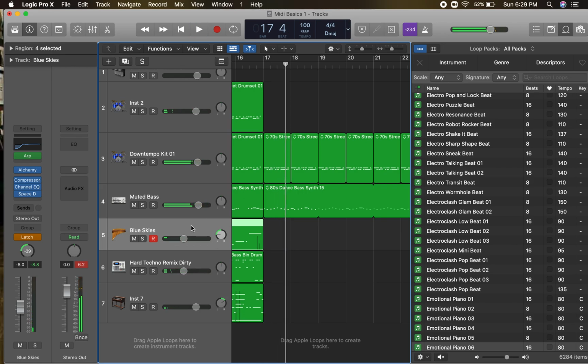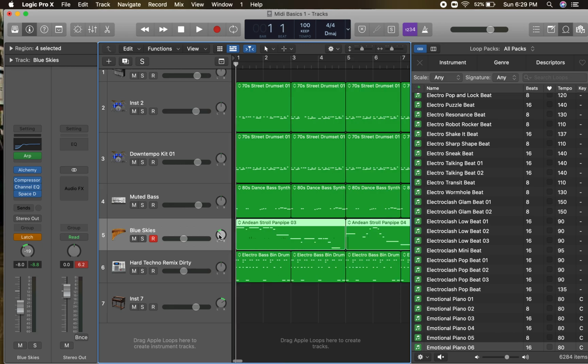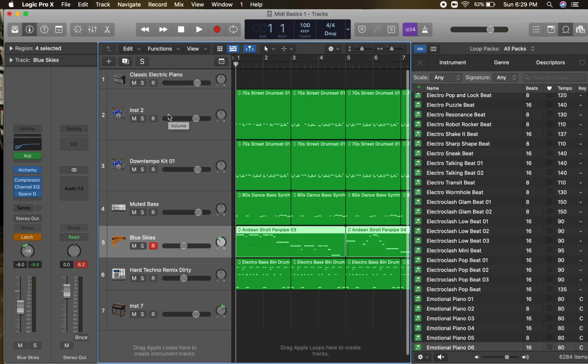As you can see here, I was panning blue skies. All I was doing is just moving back and forth from one side to the other. Of course, if you've got headphones, it's really easy to hear. Now, if I was to hit return back to the beginning of this spot, if you go up here to the top, I'm going to be able to see all of that automation that I've just written, basically. So as far as our automation mode, I should have access to being able to see my view. And so now if I've got, let's say, my read,